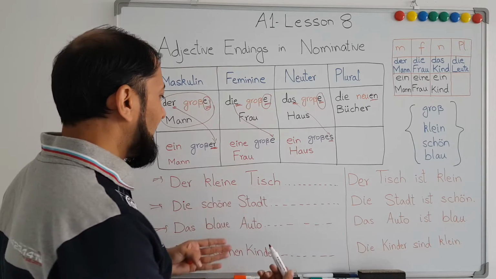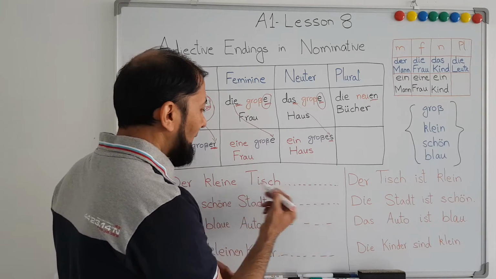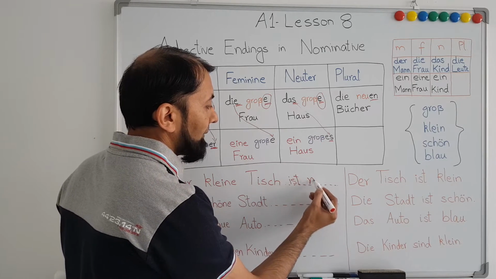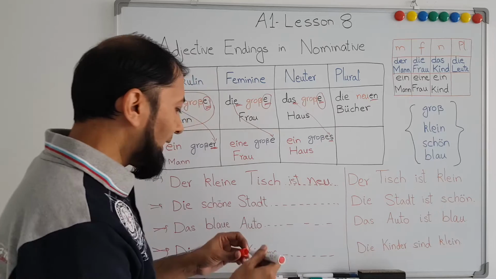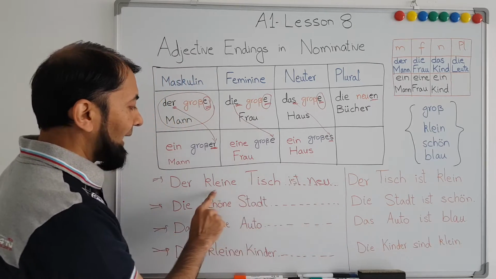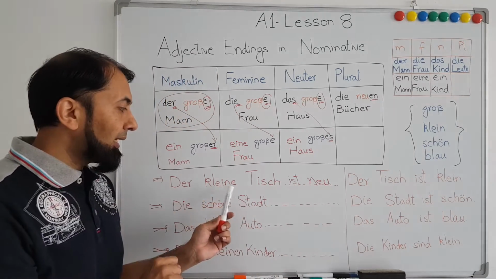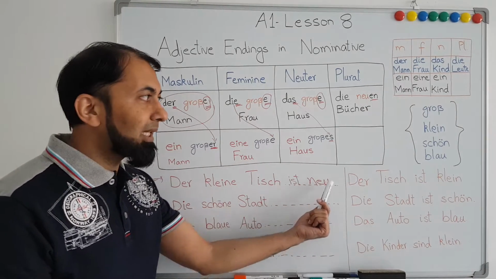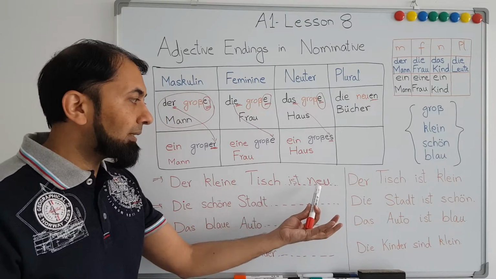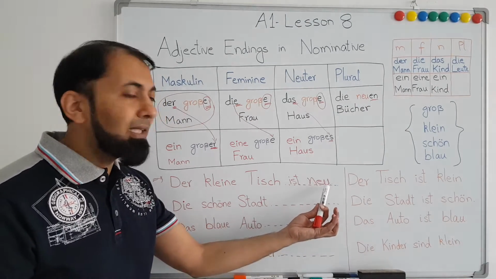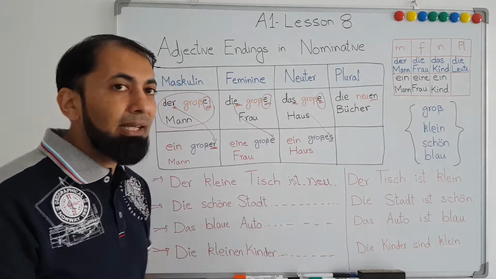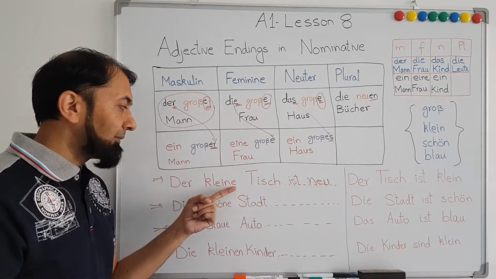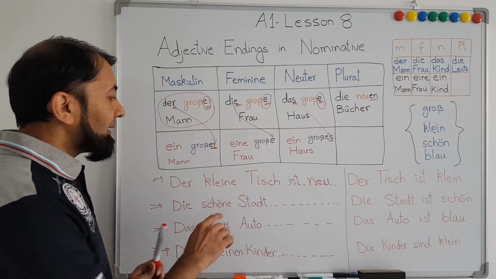Now if I want to say after this, der kleine Tisch ist neu. Now we have this adjective and we have this adjective, but we see that this adjective is taking the basic form. We are not adding any e or er or en at the end, but here we have seen that there will be an e at the end. The reason is this